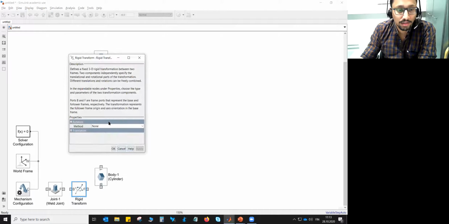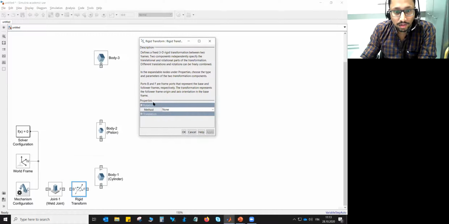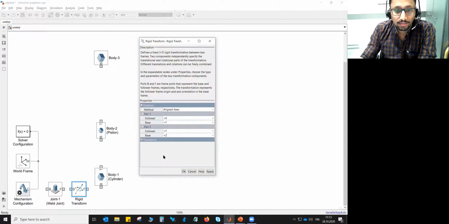So if you double click this, the rotation method we will be using is aligned axis, such that the z axis of the follower frame, which will be connected to body 1, should be projected onto the y axis of the world frame, right? That's what we want.